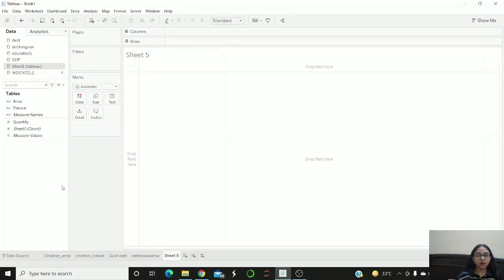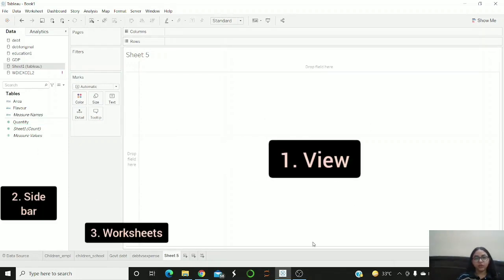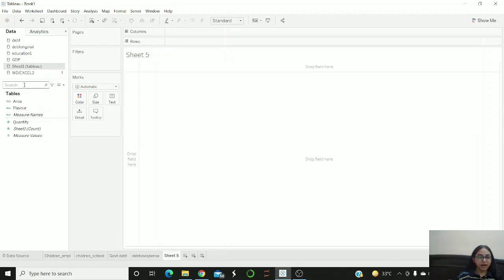Now speaking of the different components of what you see on the screen, this area, the pane, is called view, and on the left hand side you have your attributes mentioned, then you have the data sources as I just said. Here you have options for clearing the screen, for undo and redoing. For moving back to the start page, you need to click on this, and for coming to your view, you need to click that again. This is basically to choose how your graph looks like. So I'm gonna now start with making the side-by-side chart that I'm talking about.